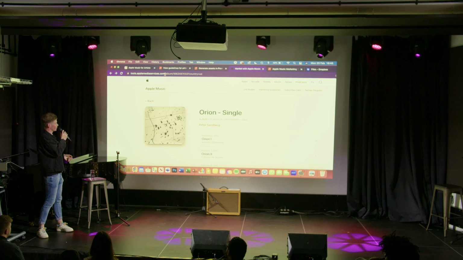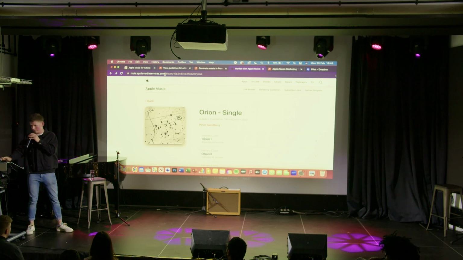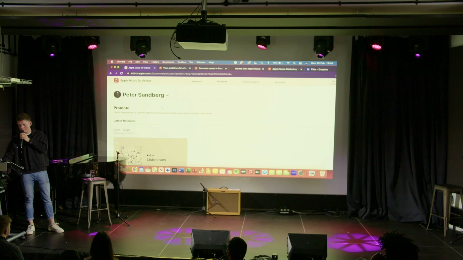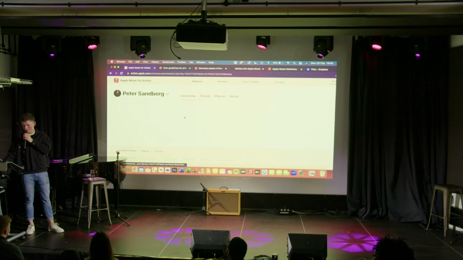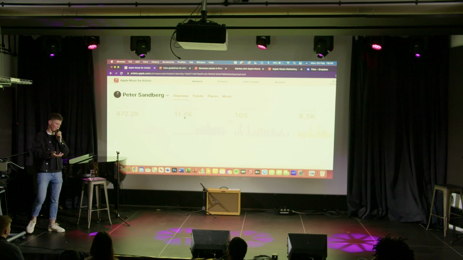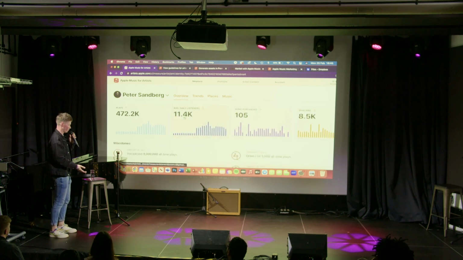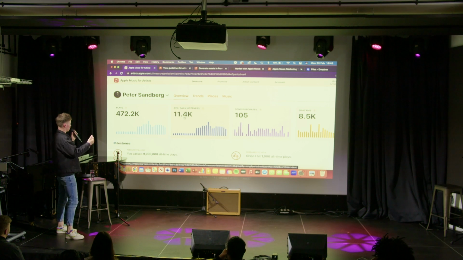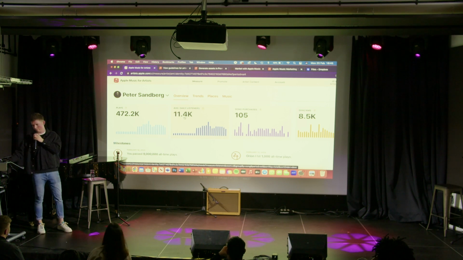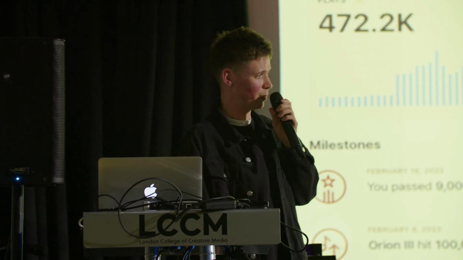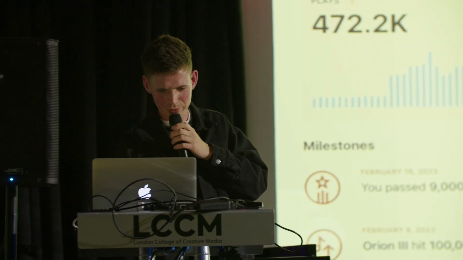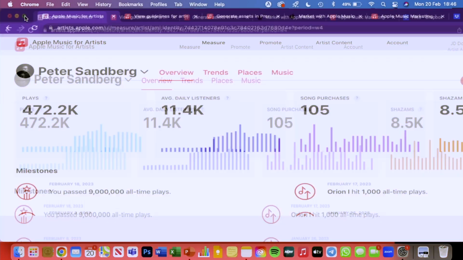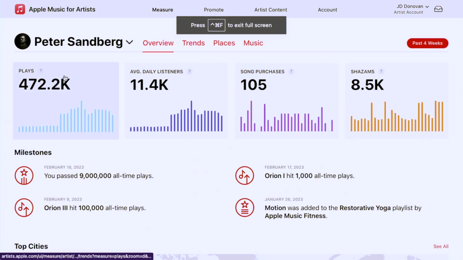One thing I would say on this: with Apple Music, you can get the app for your phone, and you can get it on desktop here, like I have it. I like working on desktop because I can see it on my big screen, and I have too many things on my phone. I don't want to be using my phone every hour of the day. But Apple Music for Artists, if you're on desktop, is artist.apple.com, I believe. Yep, so you can go there and get set up.